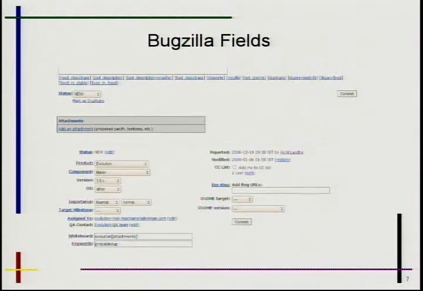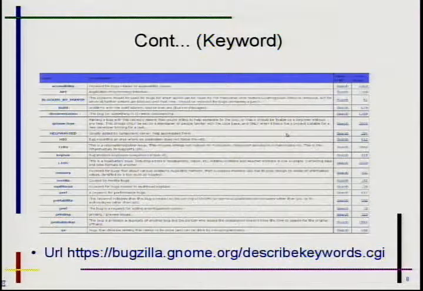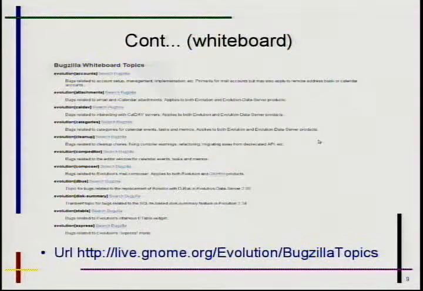That was keywords, and now we will move to whiteboard. The difference between keywords and whiteboard is that keywords are already defined in the Bugzilla database, and whiteboard you can fill in as per your convenience, with whatever you feel will be good enough when you search next time. I will take the example of Evolution, where we were using the whiteboard status, but after Matthew joined the Evolution team, he started maintaining all the bugs with a whiteboard status.